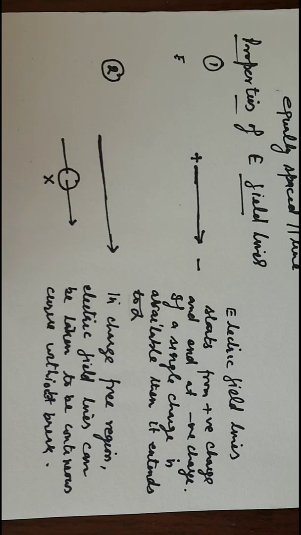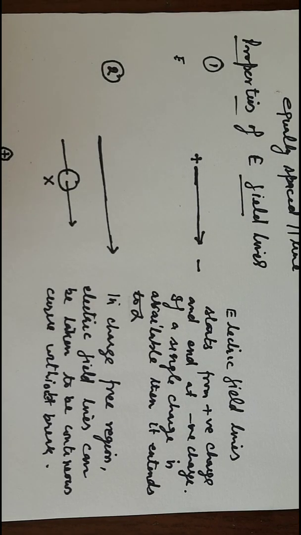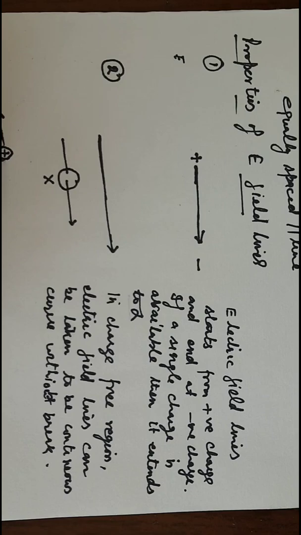But when there is a charge, then it will have a break. Why? Because the electric field lines are outward for a positive charge, but at the location where the charge is placed, the electric field is undetermined. It has a very large value. So it is not possible to represent the electric field at a location where a charge is placed.